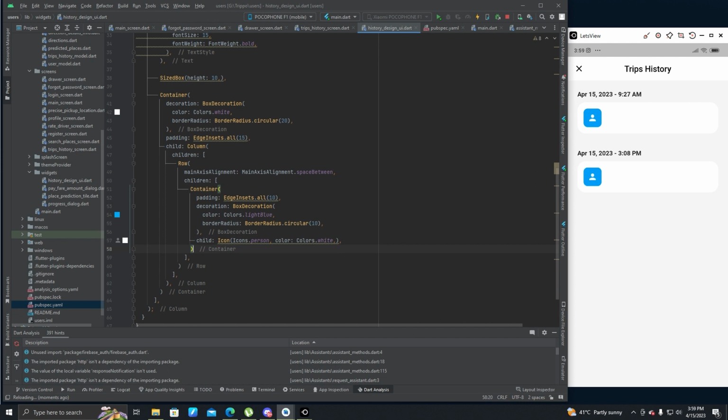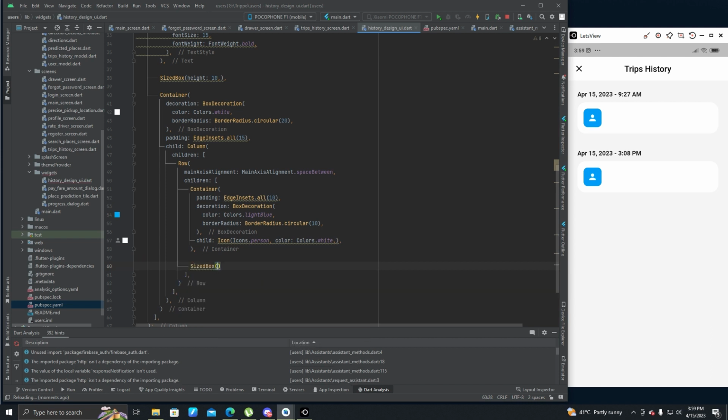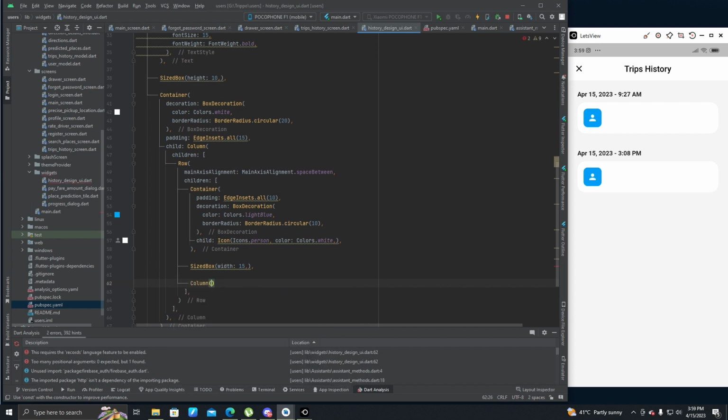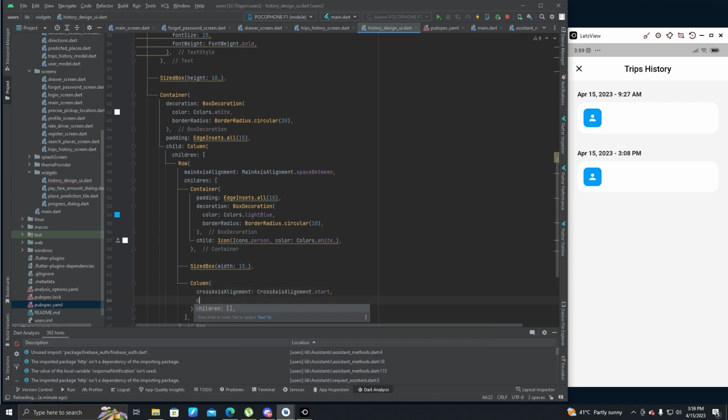Now let's add another size box of width 15 and add a column, cross axis alignment dot start, children, text